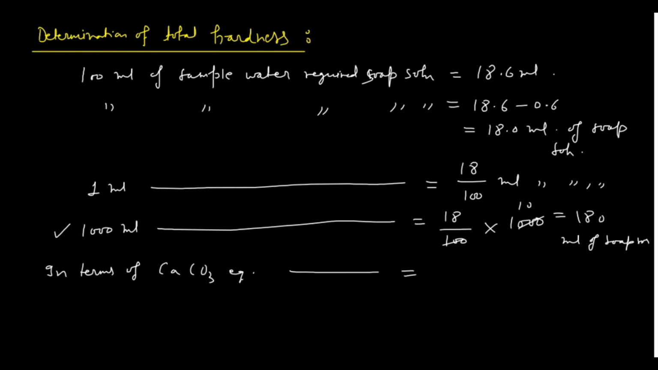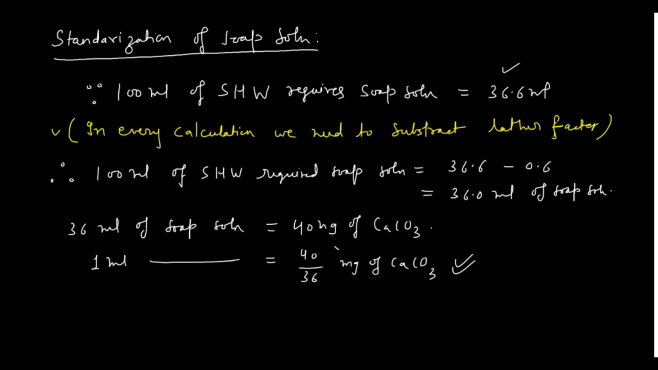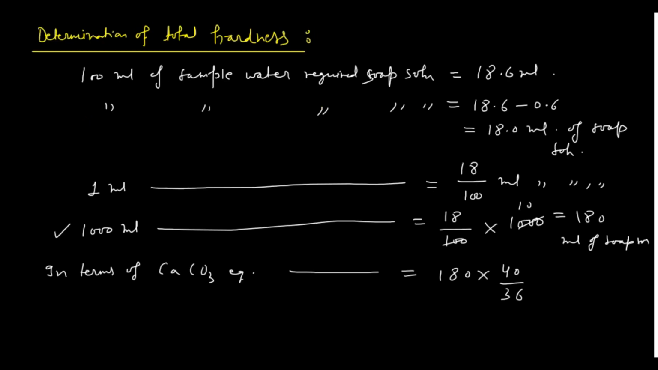So what we will do here, this is your 180, and now you will multiply this with 40 divided by 36. Let us check whether it was, yes, it is 40 by 36. Once you do that, automatically your result would be in milligram of calcium carbonate, right? So if you solve this particular factor, then what you get here, see, 9 4s are 36, so